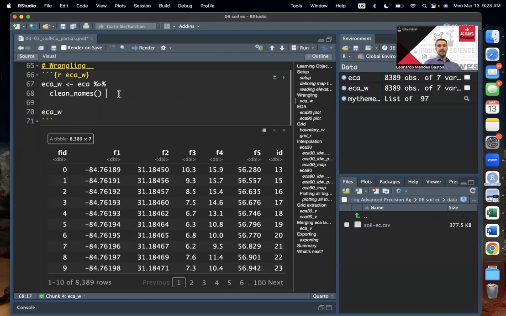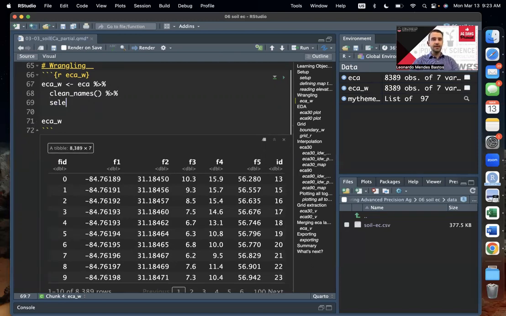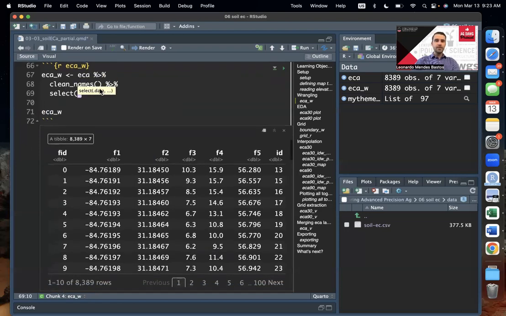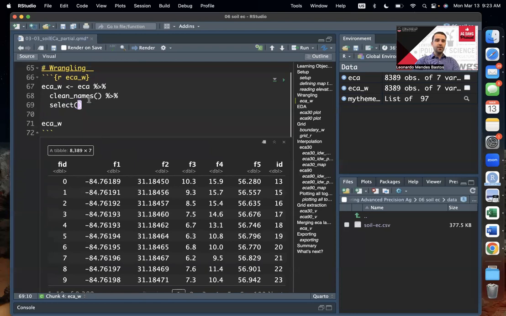Select function. Yes. So let's go ahead, add a pipe, do a select function. This F1 here is the X coordinate in WGS coordinates, so in degrees. I want to rename it to X, so X equals F1, right? One thing to notice is if you do it the other way around, if you give first the column you have and then the name you want to rename it to, it's not going to work. So F1 equals X is not going to work. If you're doing the renaming on the fly, you first have to give the name of the new column and then what that is in the current data set. So X equals F1, comma,